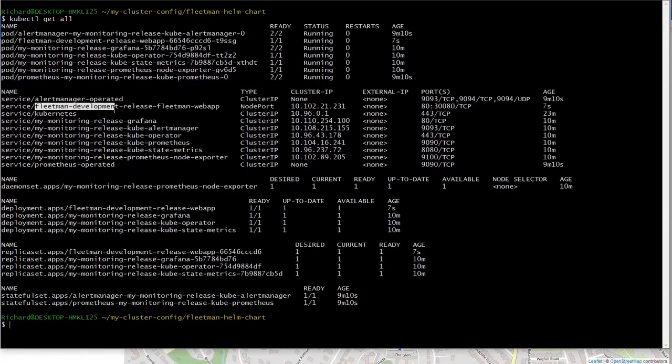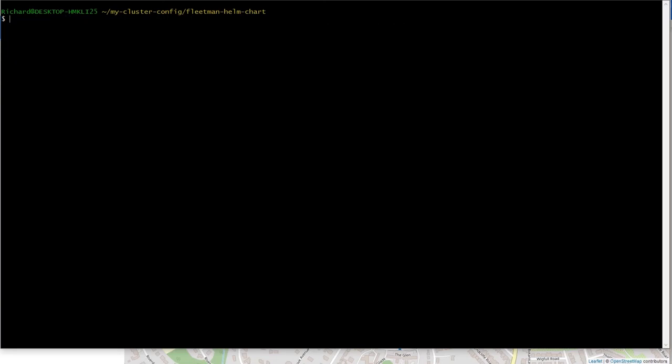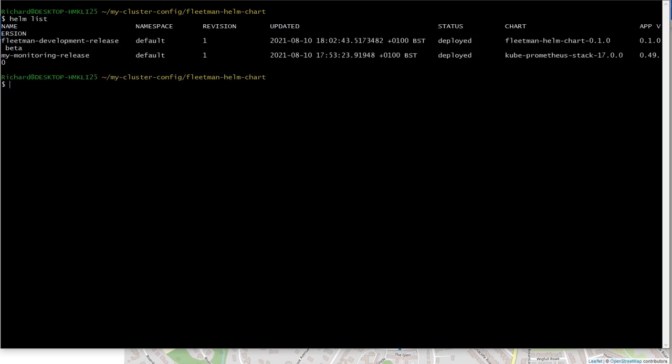So that's not really a big deal. We've got the release name in front of everything, but you might be able to see now, actually, there would be nothing to stop us going ahead and installing that chart a second time. So we have two versions of the chart running at the same time. The difference would be we would need a different release name, and that will stop any ambiguity. So I called the previous Fleetman Development Release. I could now do a Helm install, not an upgrade. I'm going to install the Fleetman Production Release.